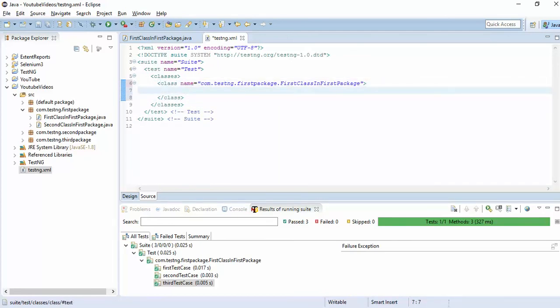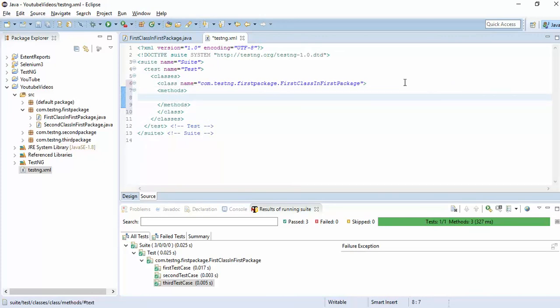In this class, I have different types of methods, and I want to execute those methods. We have a tag called methods. In this methods tag you have some other tags called include and exclude. Means include this test method to execute, exclude this test method from the execution. You can say it like this from the testng.xml file.